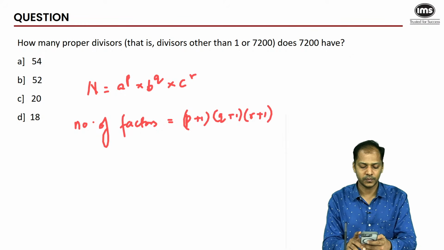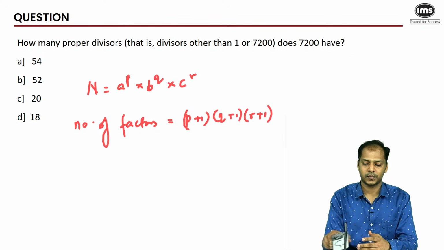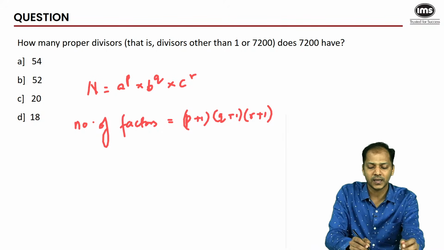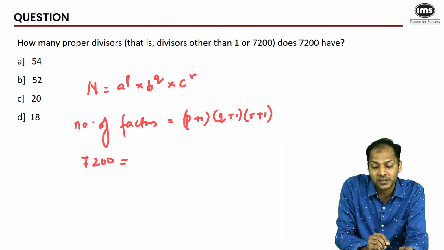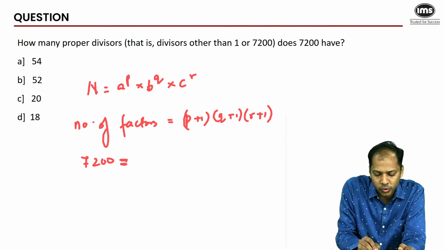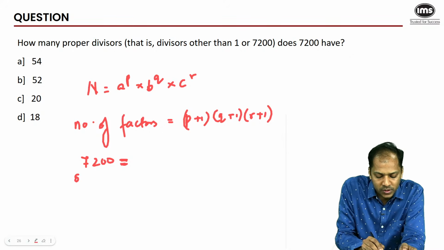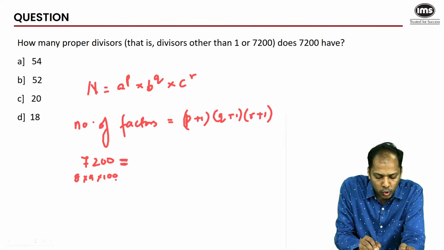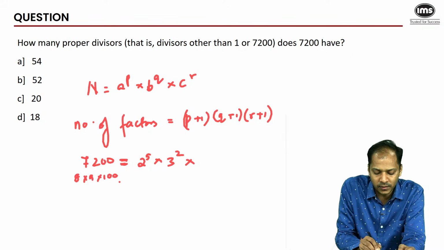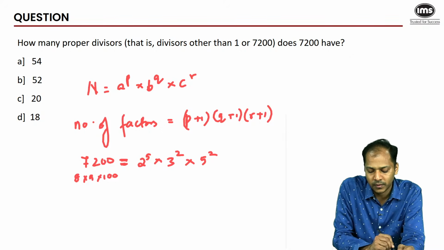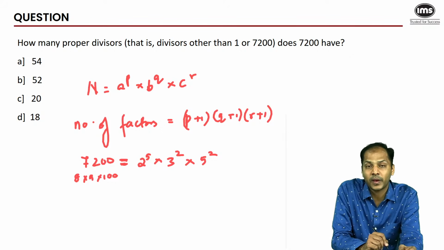Okay, it's time. So let us quickly discuss. The number of factors of 7200 would depend on its prime factorization. Now you should be able to do that quickly. 72 is 8 into 9 into 100. So 8 is a 2 cube and 100 also contains 2 square. So 2 raised to the power 5. There's a 3 square, and 100 has a 25 which is 5 square. So 2 raised to the power 5, 3 square into 5 square.